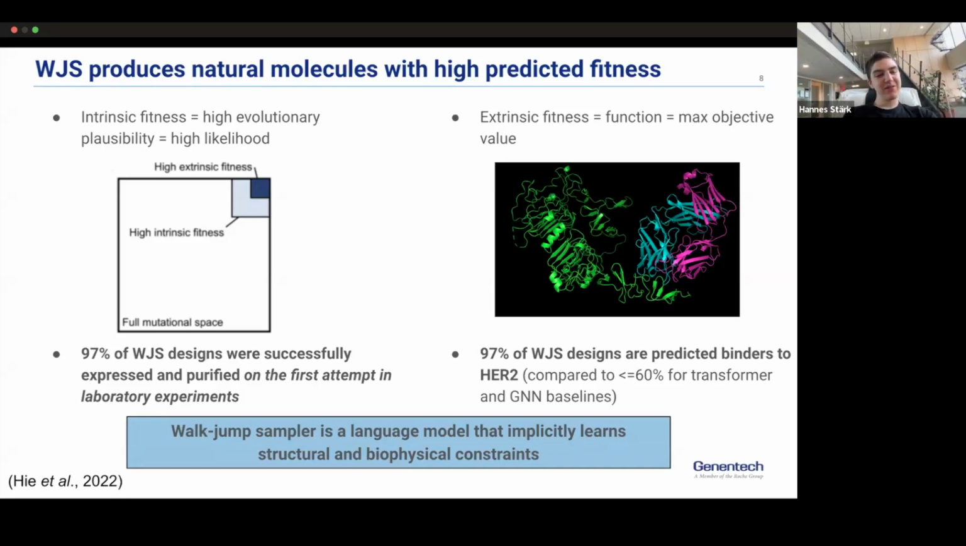So what are you actually then evaluating here? Are you just checking, when you say you benchmark this against, the number of sequences that were expressed? Do you check the number of sequences that bind? Do you check the number of sequences that bind stronger than the wild type? Yeah, express and bind. Binding stronger than the wild type is not a great evaluation in this particular case,